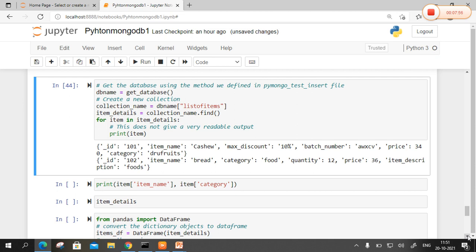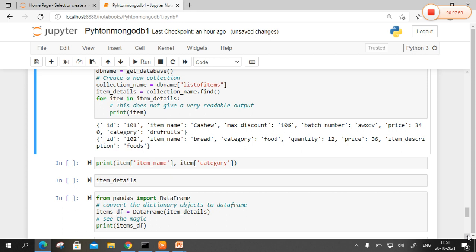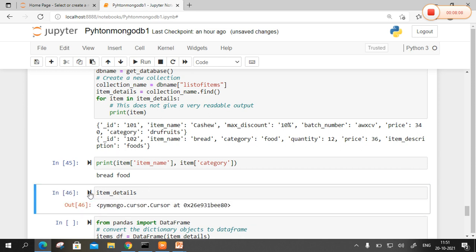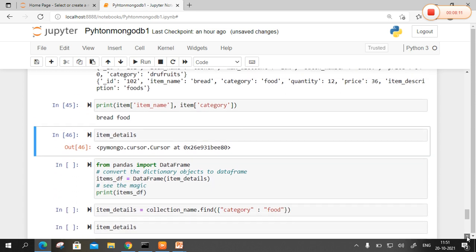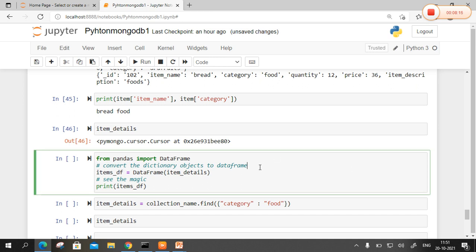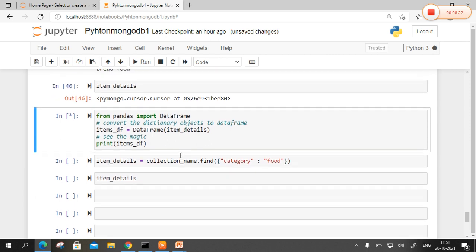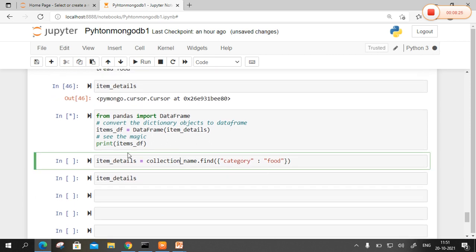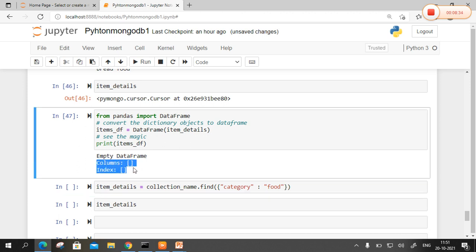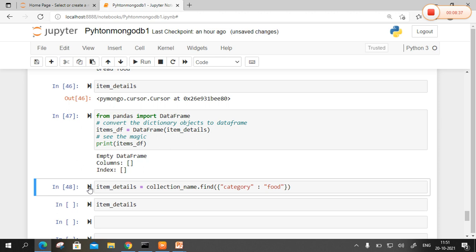In the Mongo shell, we can use the pretty method. Here we have used the dumps method in the above, but here we can print the individual items also. Yes, here I got the individual items. If I hit item_details, I will get the cursor position of item_details. Yes, MongoDB document values can also be converted into data frames. For that, I am going to use the pandas library. Here, I am going to import DataFrame. So, see the magic. Whenever I make it a data frame, it directly creates the documents which we have inserted in the collection into a particular data frame. Yes, exactly, the data frame is created, but the values are empty. We can pass the values. So, we can find the collection details also.